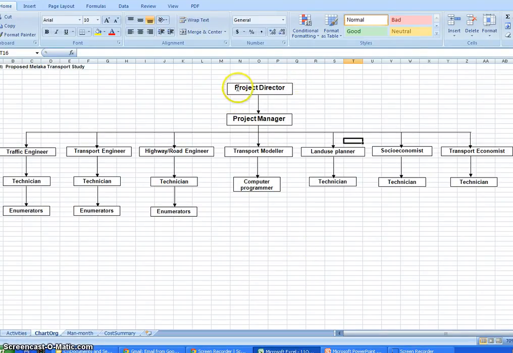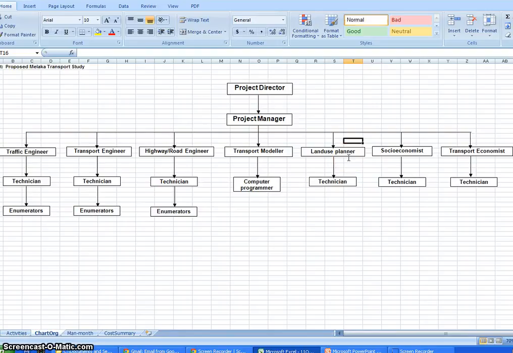Usually, this project director is the director of the company, and we have a project manager. He or she is actually responsible for the overall project. And we have a traffic engineer to study the traffic situation and to propose something new for the traffic. And we have a transport engineer, we have a highway and road engineer to look into road problems, and we have a transport modeler to develop the model, to look into the future and test our proposed plan, and then